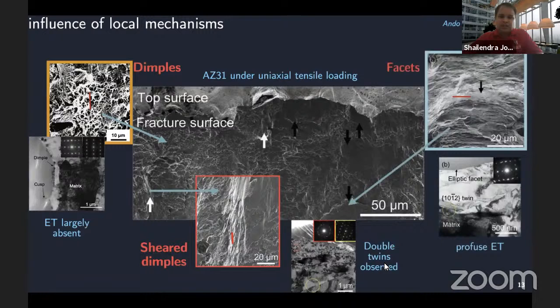On the other hand, the regions that showed very flat facets of fracture indicated a significant amount of twinning. Now, how profuse is profuse remains to be seen, but essentially what these ideas suggested, initially at least, was that twinning is bad when it comes to fracture, because you start getting brittle type fracture surfaces if you have extension twins that come up. And this has been quite a prevalent story in the community, particularly in the materials community, saying that, well, we should get rid of twinning somehow.